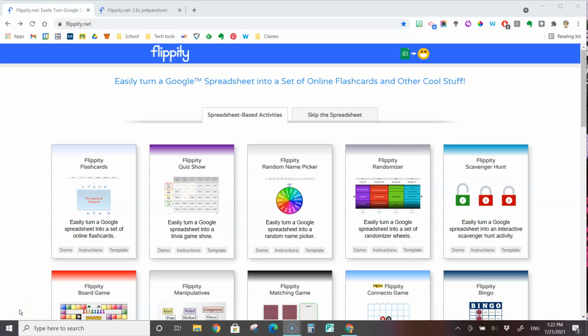So in this video, I'm going to show you how to use Flippity Flashcards and what else Flippity Flashcards can do besides just basic flashcards. Flippity Flashcards is the first option that's given to you on the main page. It doesn't necessarily look terribly exciting, but this is why you need to make sure that you click on the demo for every tool. Don't judge a book by its cover,